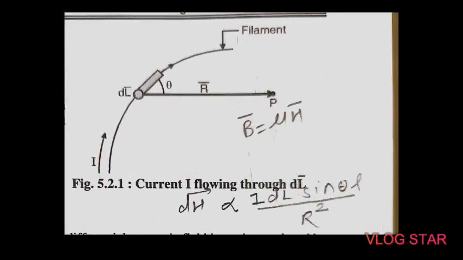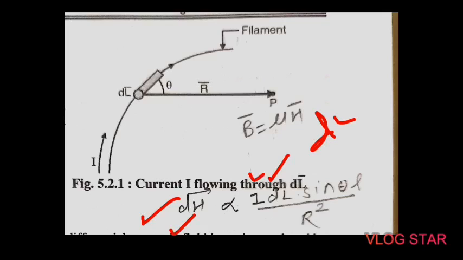The next point is the Biot-Savart law. This Biot-Savart law is also called Ampere's law of current element, because it gives the differential magnetic field intensity due to the differential current element. Why is it considered a differential magnetic field? Because here we have to calculate dH bar, the differential magnetic field produced due to the differential length element, that is dl. Hence the name differential magnetic field due to the differential current element.